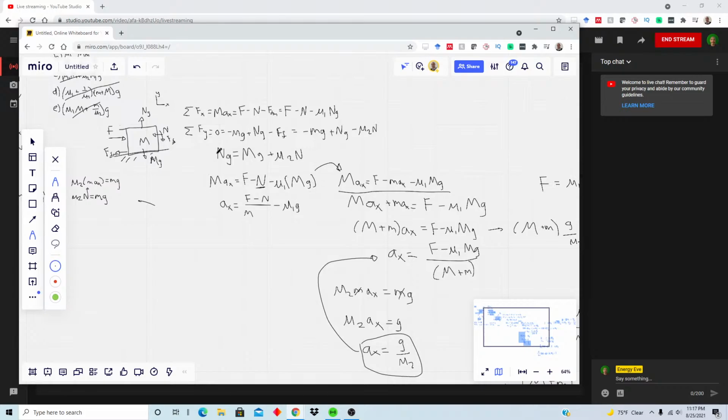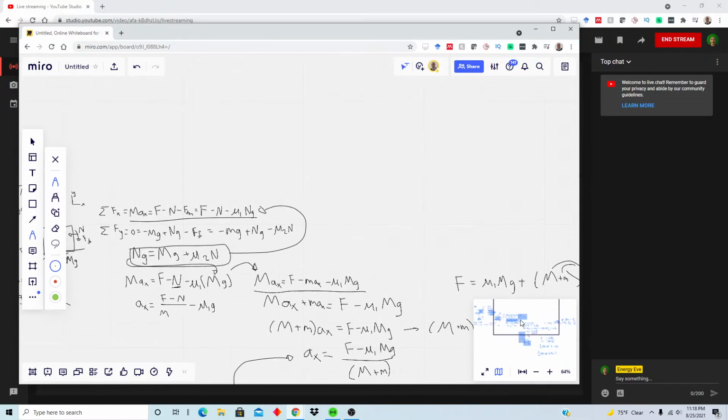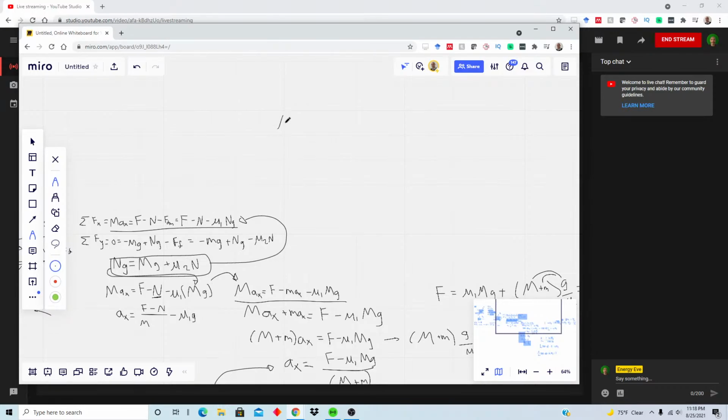Right here we had actually only plugged that in. So we'll take this equation and plug this into this part, because this is where we plugged it in. Or we'll just look back at this equation and plug this into here. That's what we'll do. Sorry, it's a little messy, but we live and we learn. Okay, we have F minus N minus mu1 Ng, and then we had solved that Ng is equal to this,